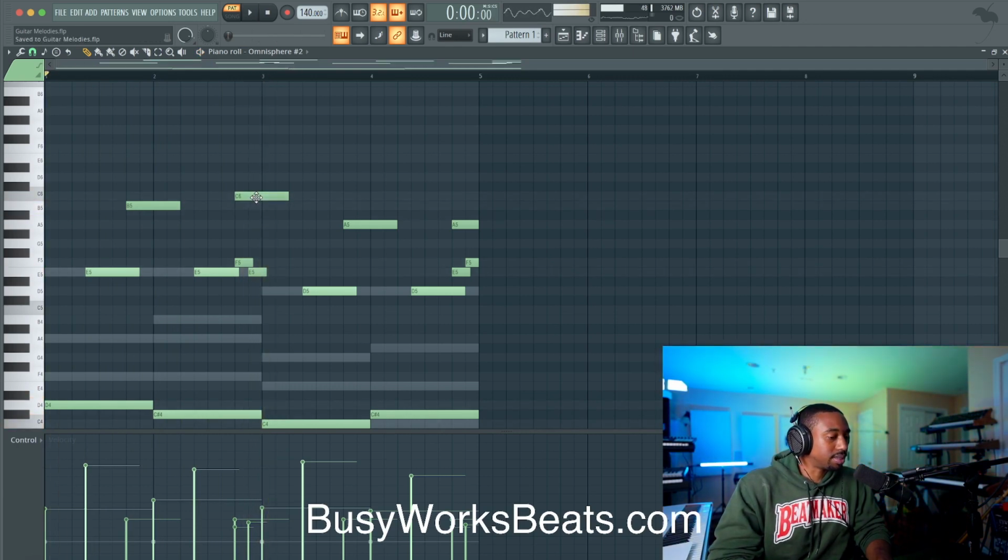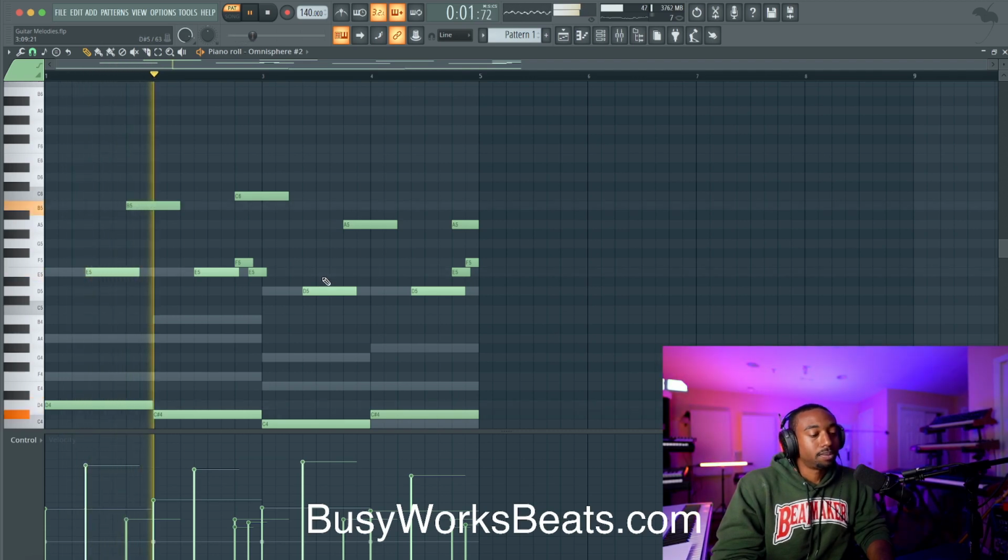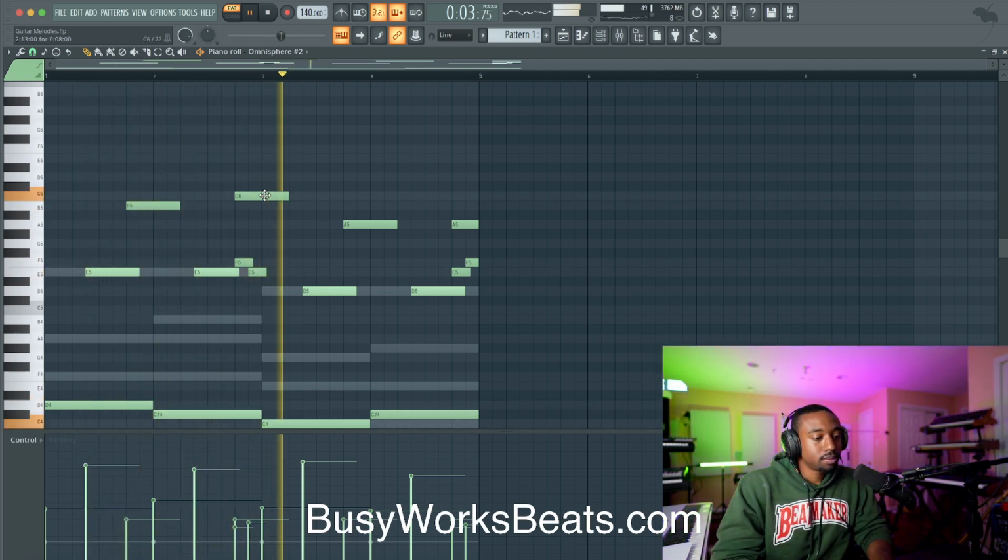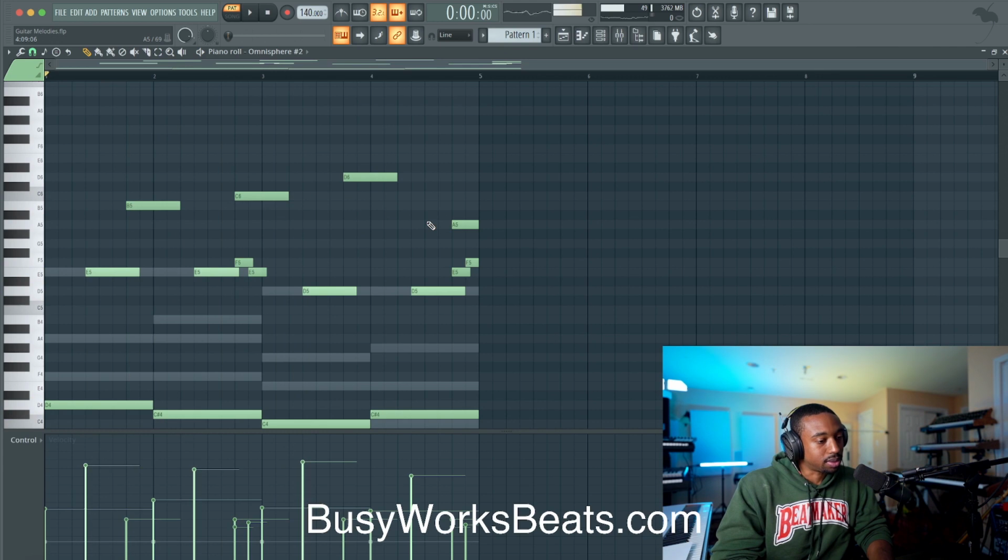Okay, so now you can see where we're piecing this together almost like a drum loop. My ear wants to hear it go up.